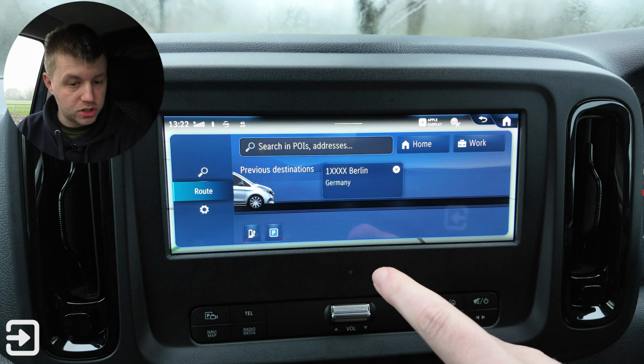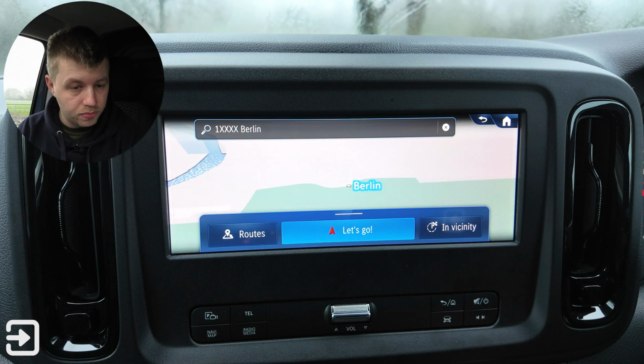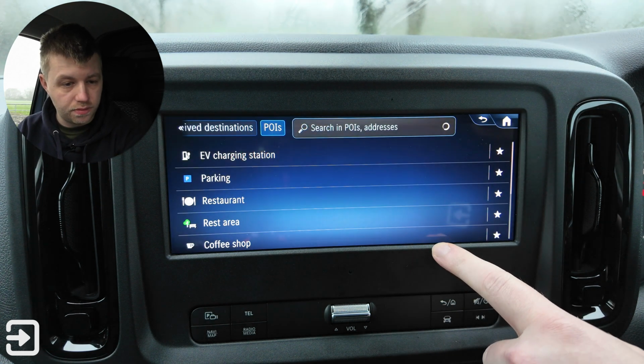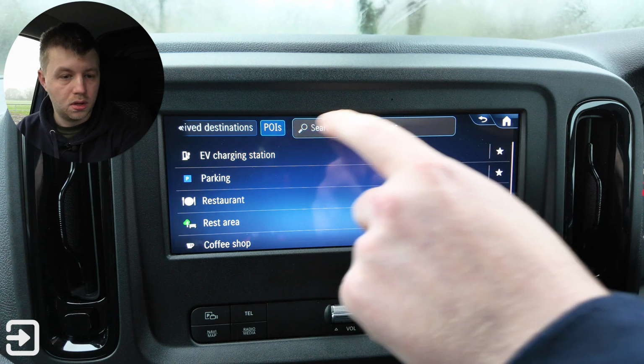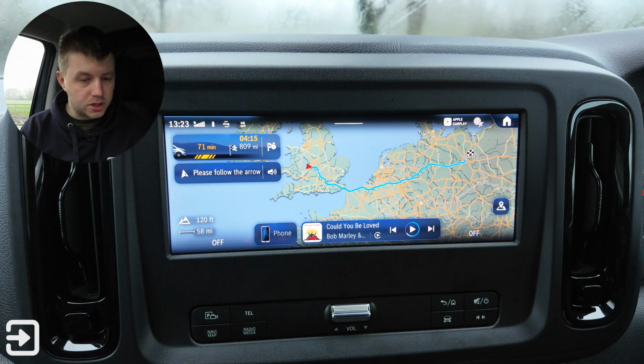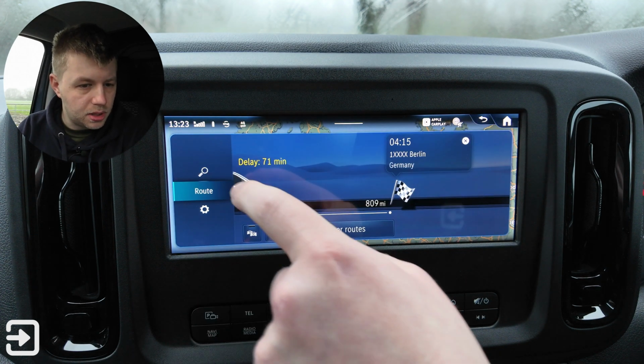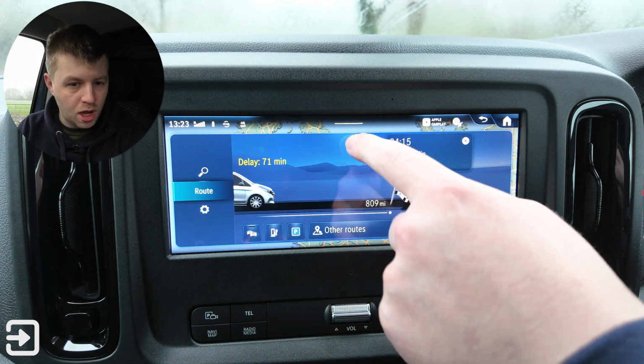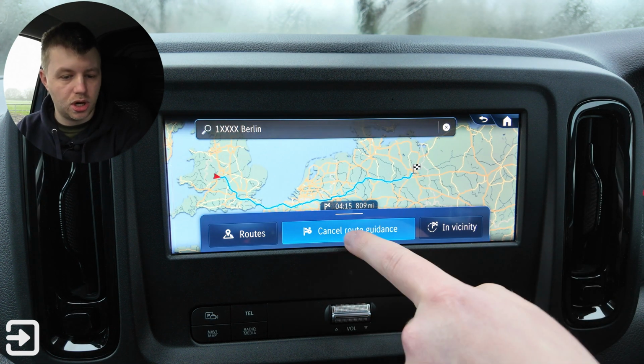You can also get directions somewhere, so let's go to Berlin. I don't think it will tell, so in vicinity charging stations. Okay, so let's go back a page. Yes, it's not going to tell you where to charge by any means, I don't think. It's saying 71 minutes. What does that mean? Delay 71 minutes for various things. 809 miles to Berlin. Yeah, so it's not going to tell us where to charge, which is a bit unfortunate,